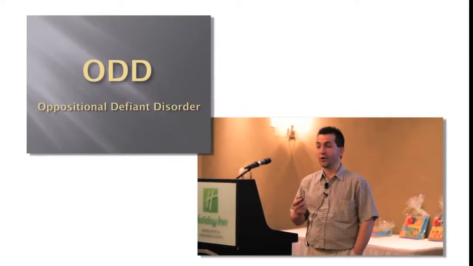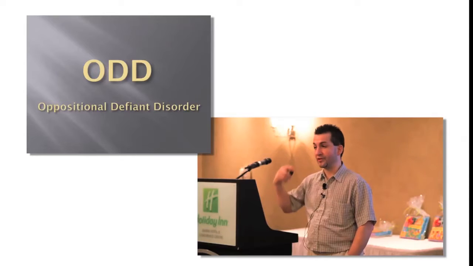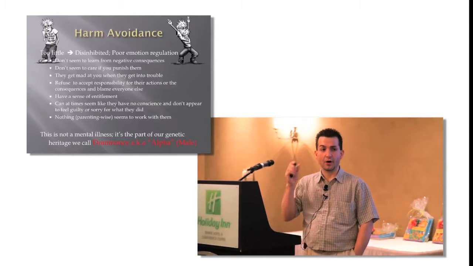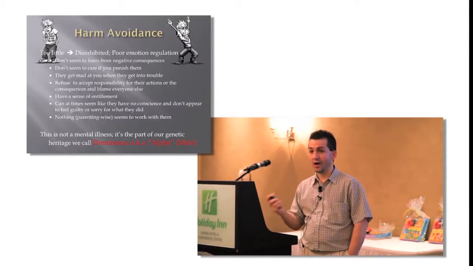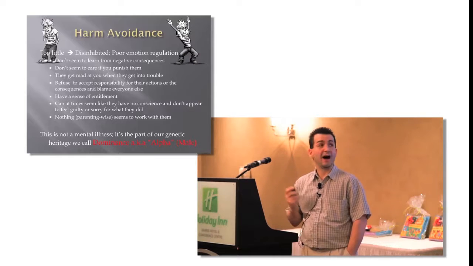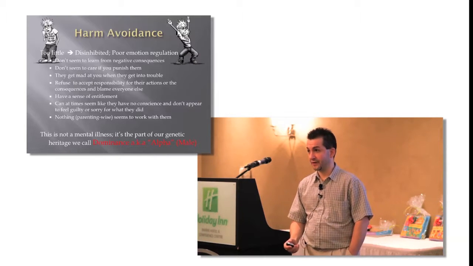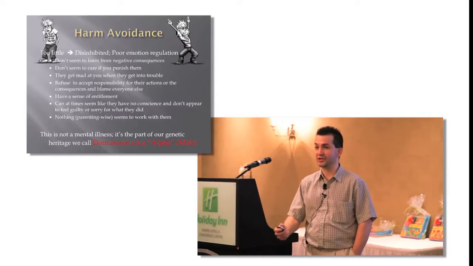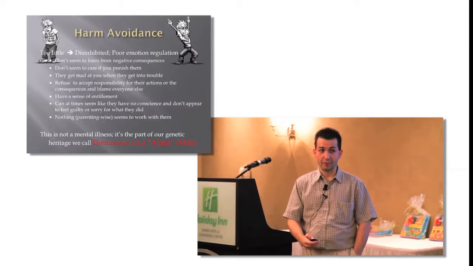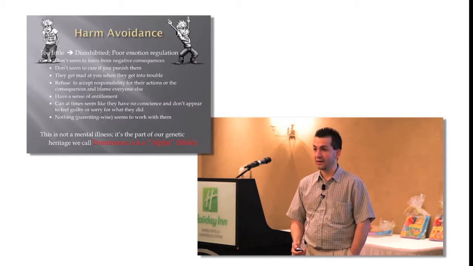But that is what ODD is. ODD isn't per se a problem with Jim. It's actually a problem with Bob, but it's the opposite direction. It's that the harm avoidance drive, Bob's activation to the world, is extremely tiny. It doesn't react to negative stuff, and so there is no behavioral inhibition that occurs. There are no brakes stopping them from doing whatever it takes to get whatever I want,